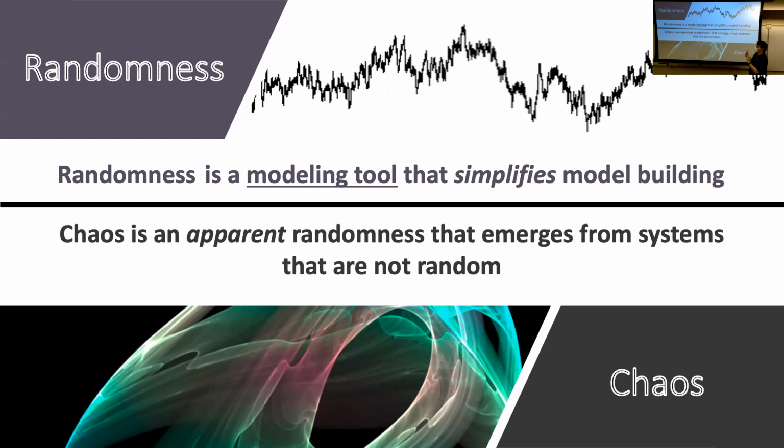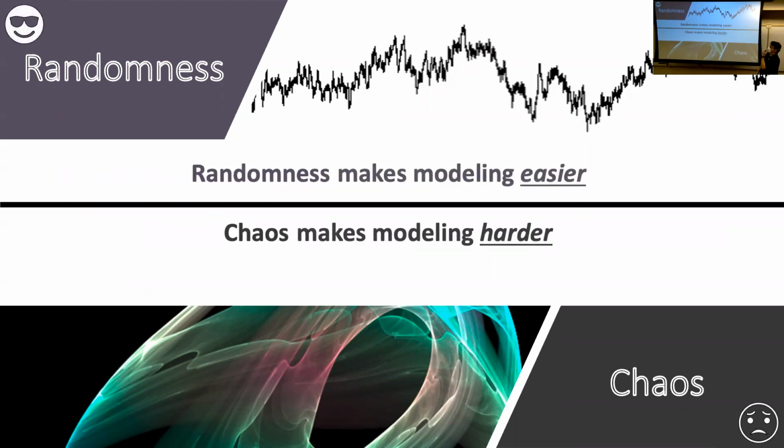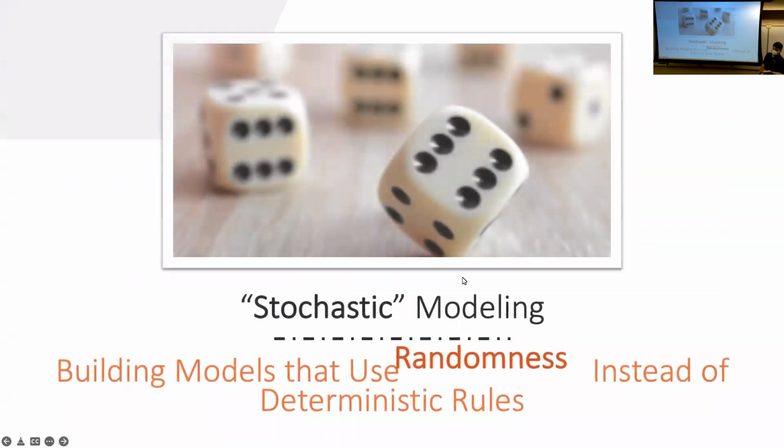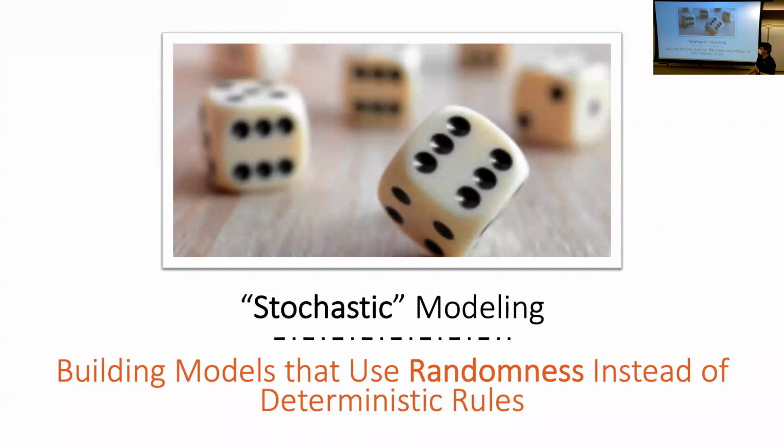And so when we're looking at data from the real world, if there are patterns we don't quite understand, we have to ask ourselves, do we need more variables to understand these patterns? Or are these patterns actually completely understandable from the few variables we have? They're just related in a very non-trivial way. That's what we'll get into here. So that's what we're talking about: the difference between randomness, which makes modeling easier, and chaos, which makes modeling harder. All right, so let's start with randomness. Randomness is also related, there's other words, stochastic.